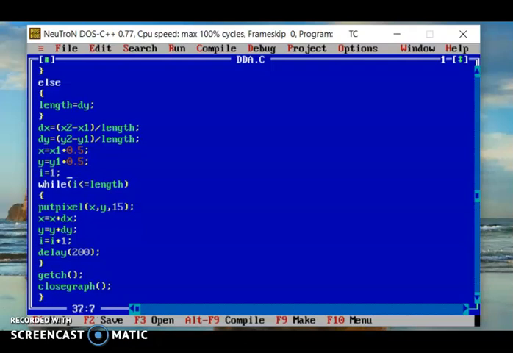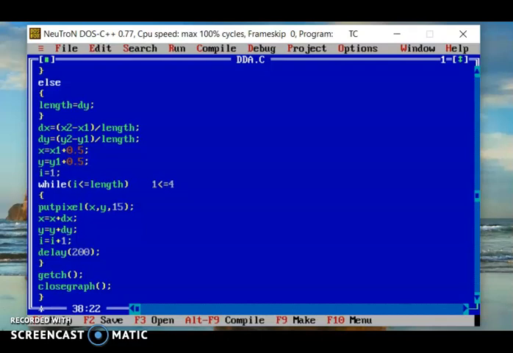Here our value of i is 1. Suppose we got the value of length as 4. If 1 is less than or equal to 4, it is true, so this loop will be executed.